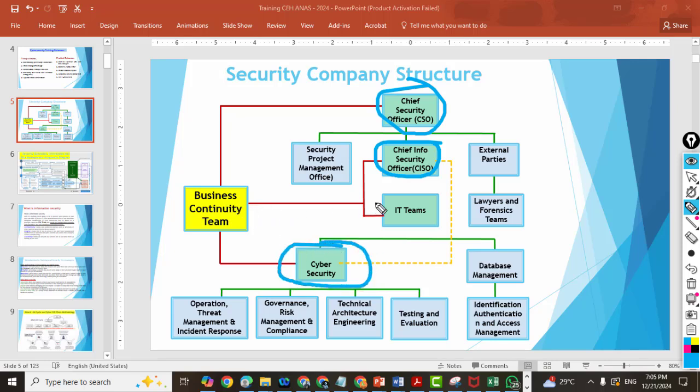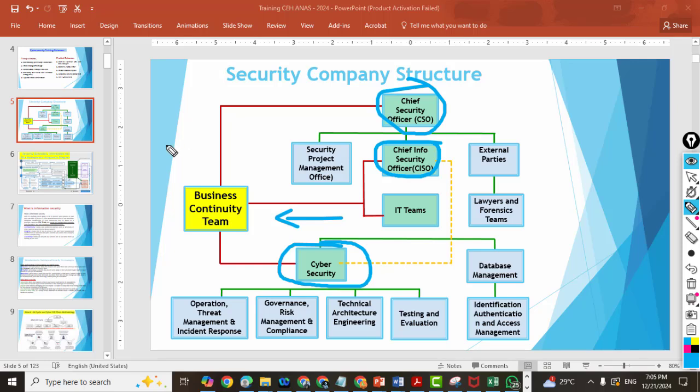As we mentioned, all of those are responsible for the security posture. All of them give a report back to the business continuity team, which is the board of management, to check the security posture in the company, which is matched or aligned with the regulations and policy for this organization, to keep business